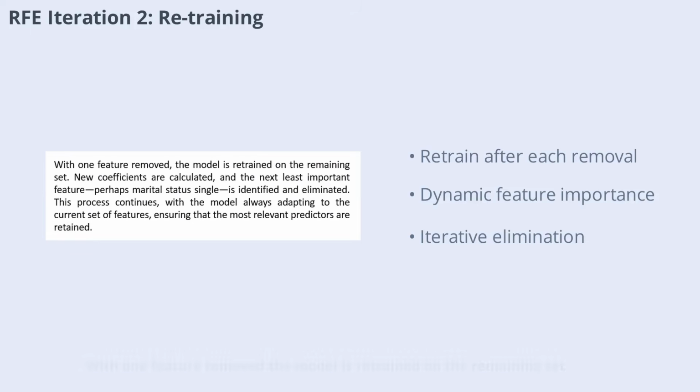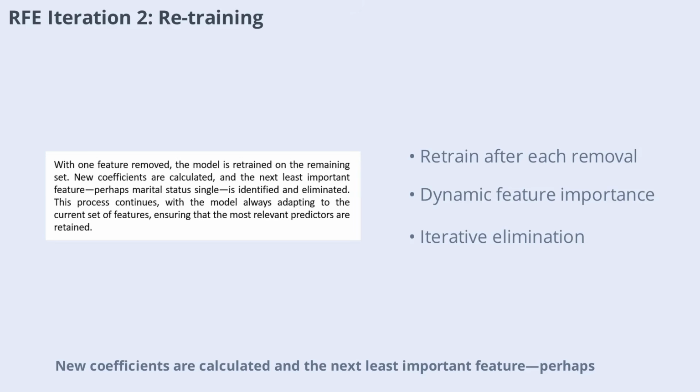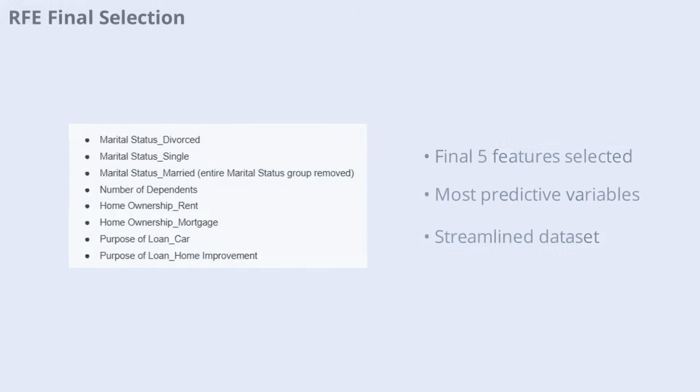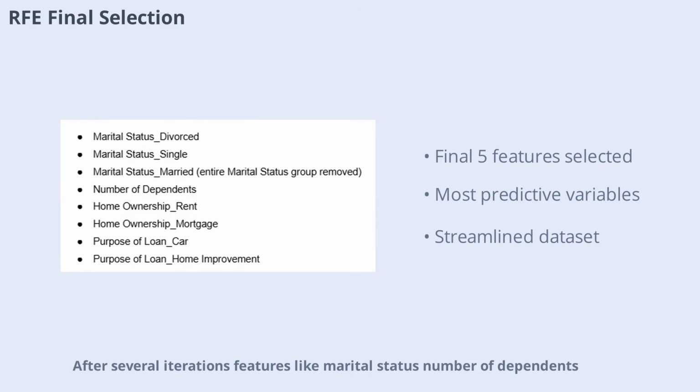With one feature removed, the model is retrained on the remaining set. New coefficients are calculated and the next least important feature, perhaps marital status single, is identified and eliminated. This process continues with the model always adapting to the current set of features, ensuring that the most relevant predictors are retained. After several iterations, features like marital status, number of dependents, and less impactful home ownership or loan purpose